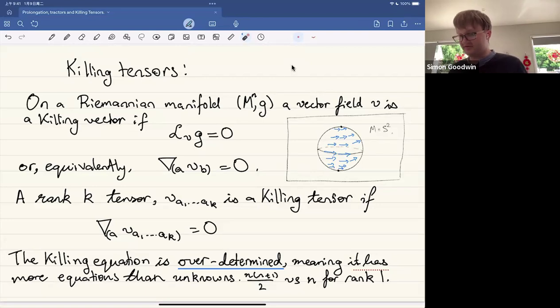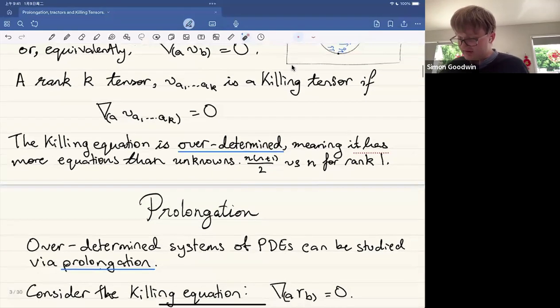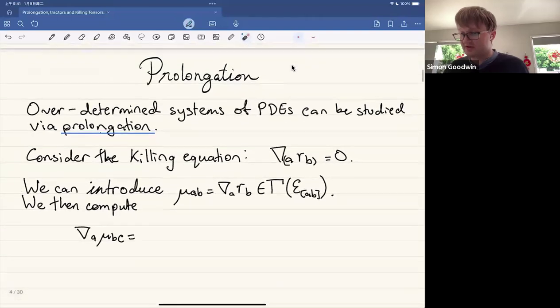The immediate thing that we notice here is that this PDE is overdetermined. There are far more equations than there are unknowns. Even in the rank 1 case, there are essentially n choose 2 unknowns here, but there are only n variables, only the n entries of our tensor, and so a natural way to approach this PDE is to